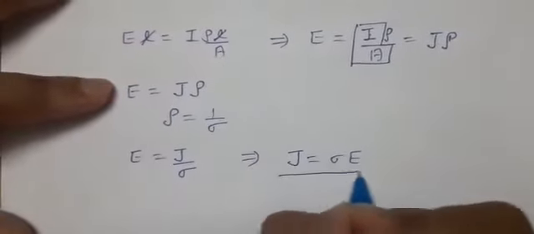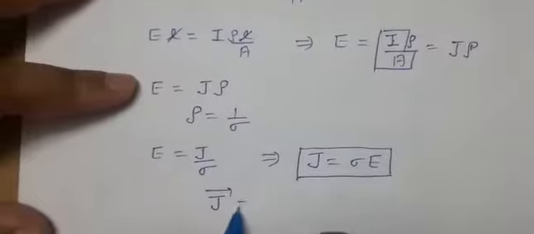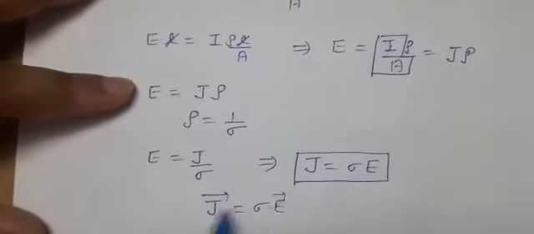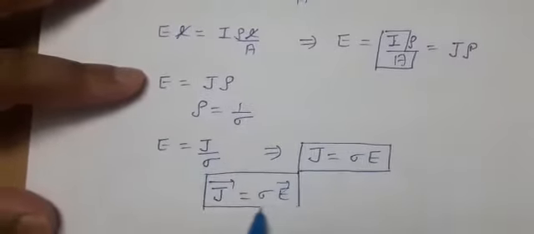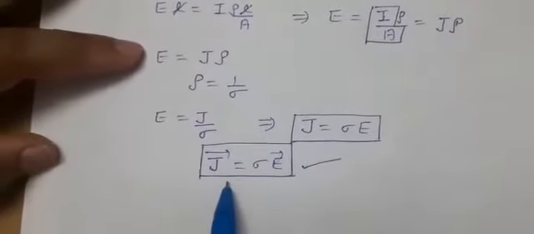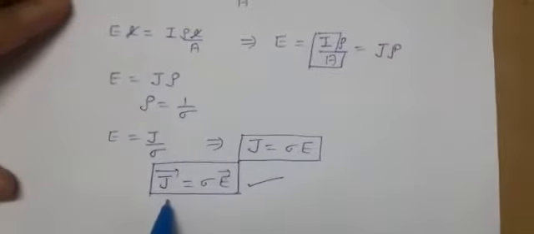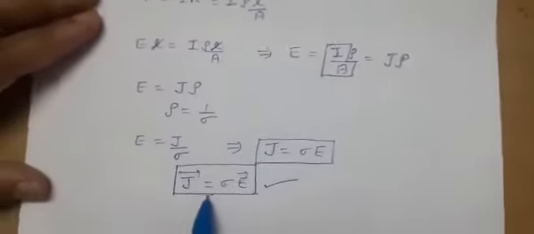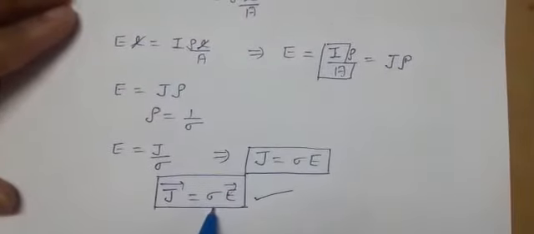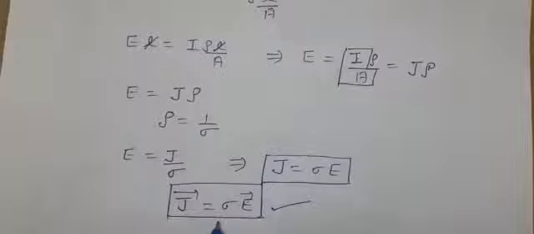So this is basically the mathematical relationship. Since the current density is expressed in this term, it is also in vector form. So you can say this is the vector form of Ohm's law, or in simple terms, from Ohm's law you have related the current density with electric field and conductivity. This will be utilized in many concepts used here.